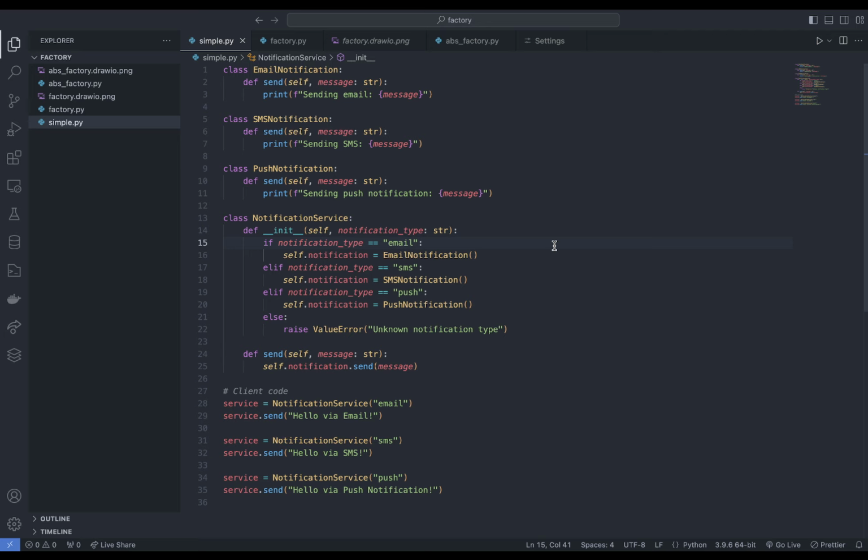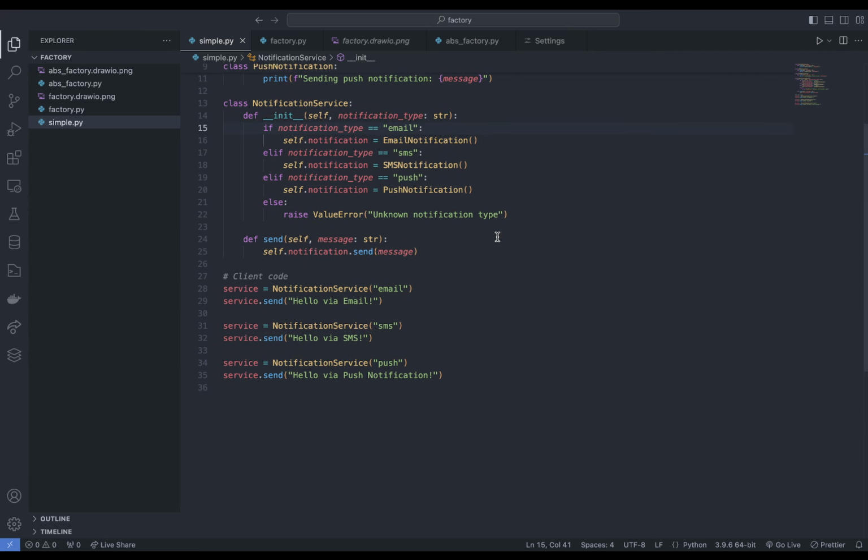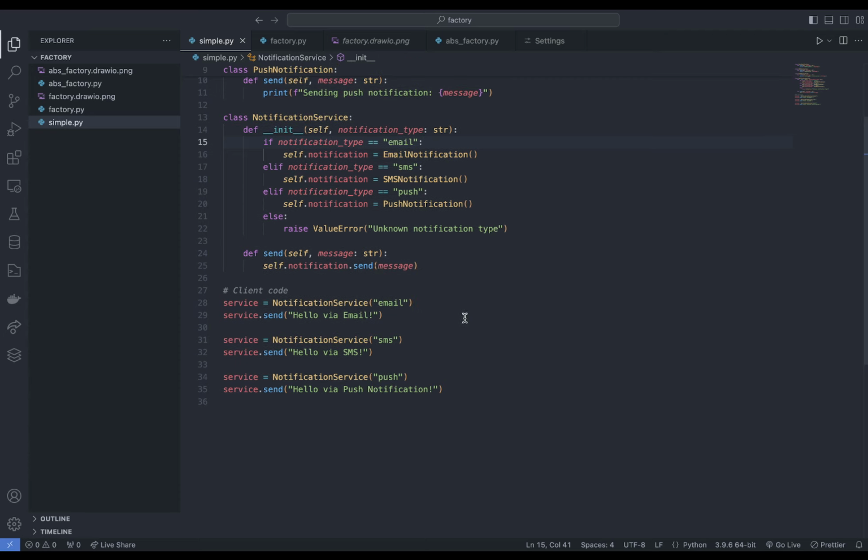In this we have an email notification service class, an SMS class, and a push notification service class. And we have a common class called notification service, through which we can get the desired notification service based on the type the client provides. So here we have email, SMS, and push. Now if the client wants an email service, he will simply call it